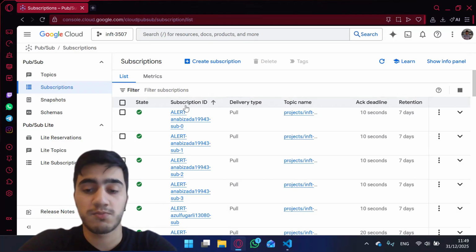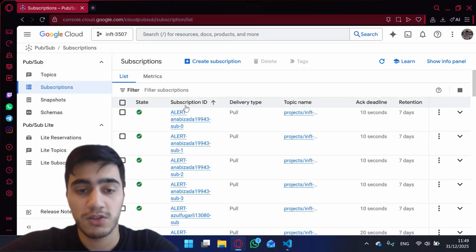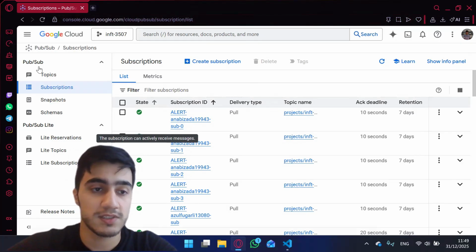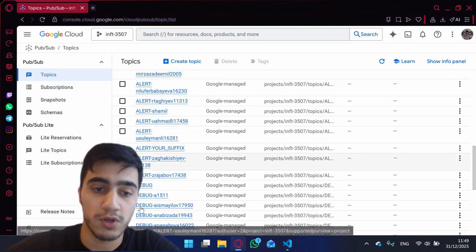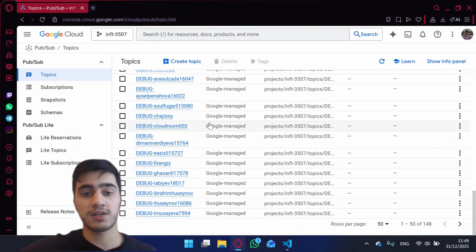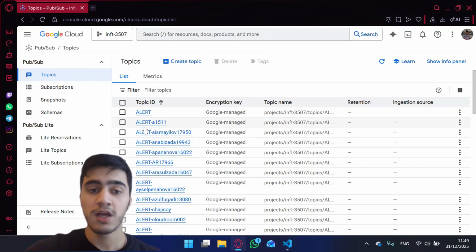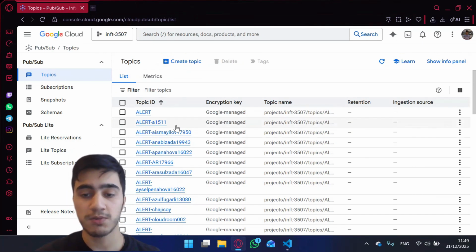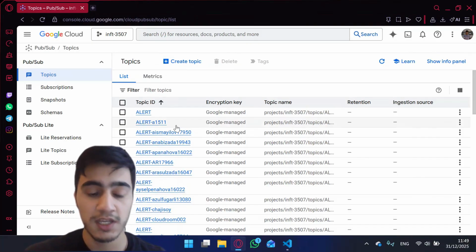Let me explain briefly the idea. In standard PubSub, if something is published to the warn topic, for example, you can see the topics here. We have all the alerts, debug, and etc. It's separated for each student. And these are our topics. Every subscriber receives it regardless of what its message actually says.